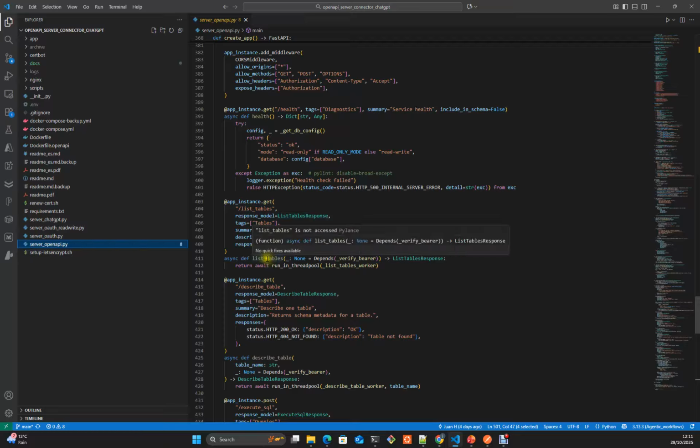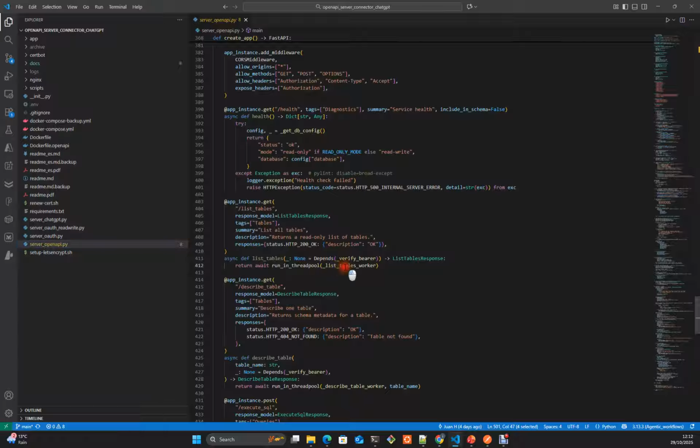In the list table worker, we define this method, and as you can see, we are requiring to verify the bearer before running, in a new thread in the thread pool, the list table worker, which is the method which connects to the database and lists the tables.